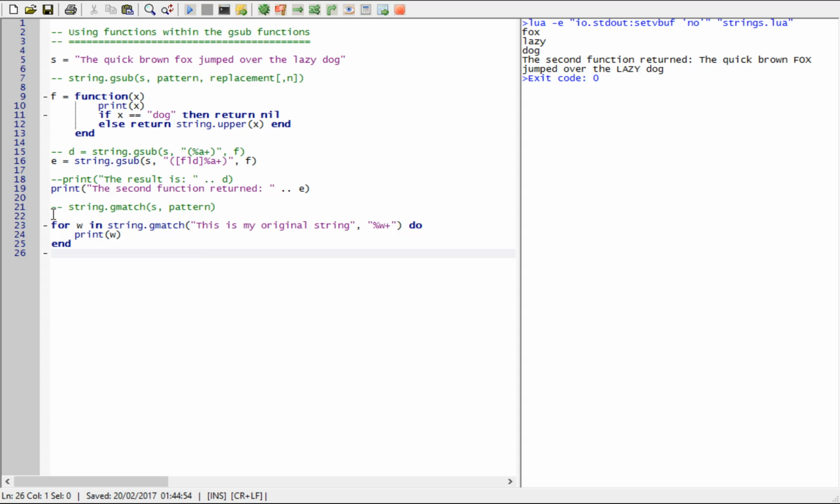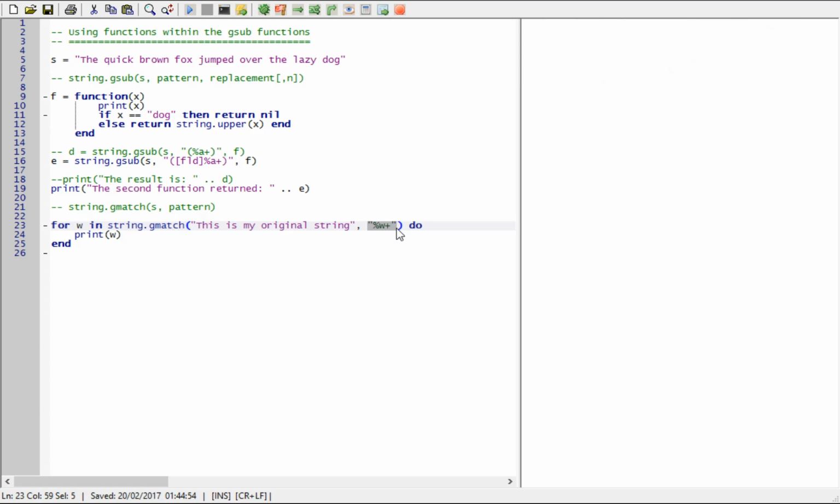So if I have a for loop, so if I say for w in and then a string.gmatch, I have an input string, and if I match words and then print them, basically this will iterate over this string matching with this pattern. So if I run that